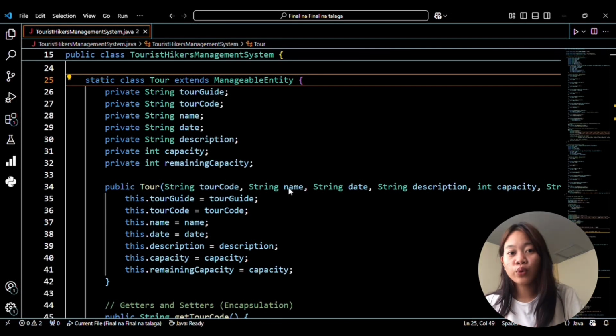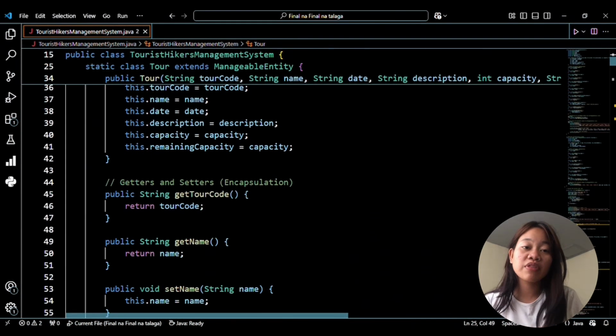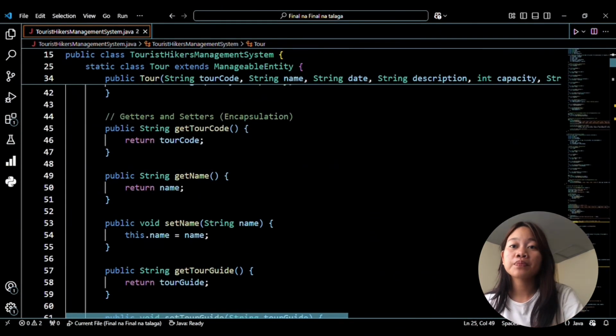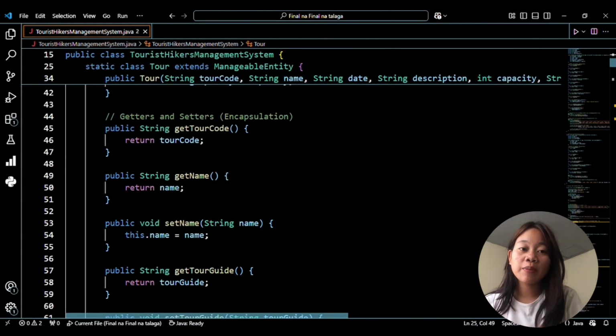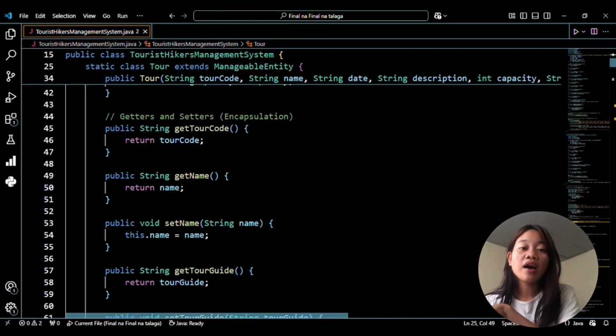If you want to use those attributes or those functions from a private class, you have to use the setter and getter from the encapsulation. And once you have implemented the setter and getter, you can now access the functionalities that you need